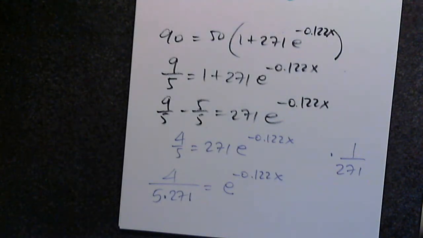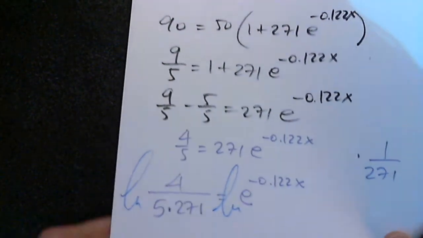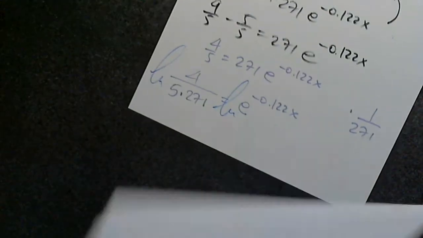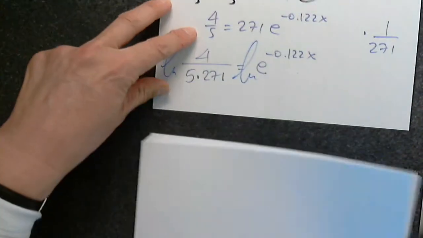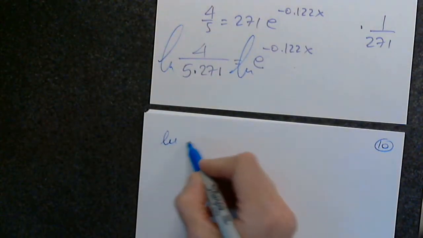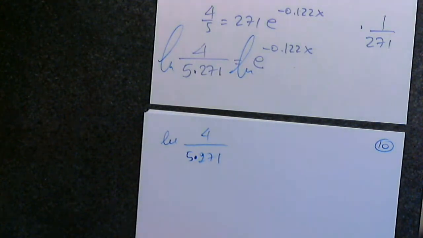And I have no choice. Now I apply natural log. Any questions so far, please? So natural log of 4 over 5 times 271, don't forget it's a multiplication, equals, and the right-hand side is only